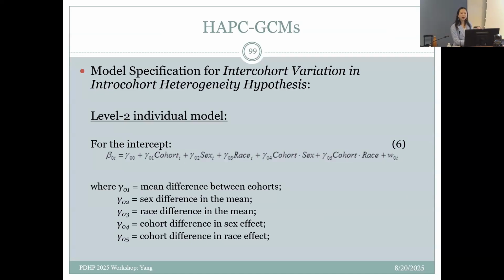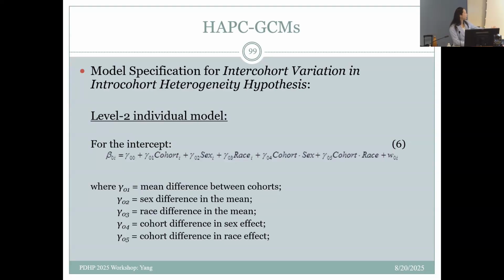For level 2, the individual level model, for the intercept, we include individual level covariates, including cohort, sex, race, and here we include cohort by sex interaction and cohort by race interaction, which help us assess cohort differences in sex and race gaps in the mean of the estimated health outcome. So the corresponding